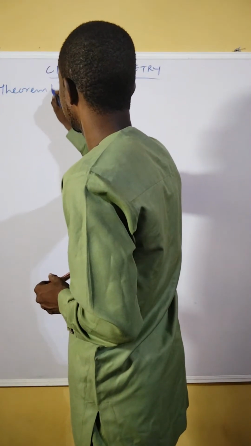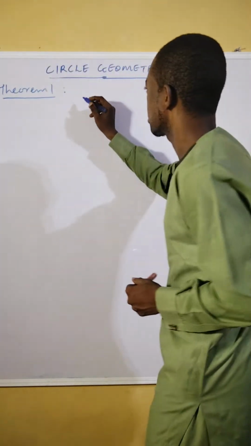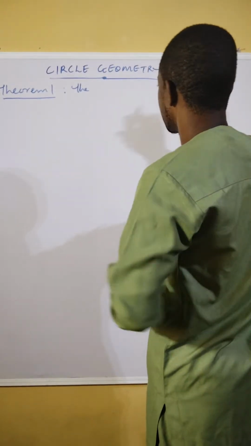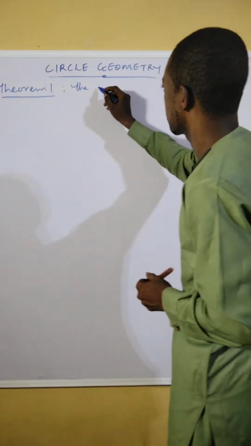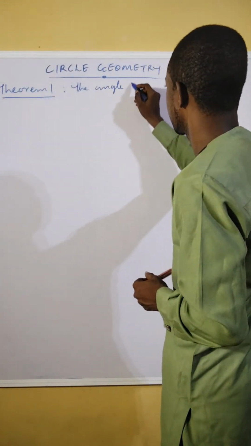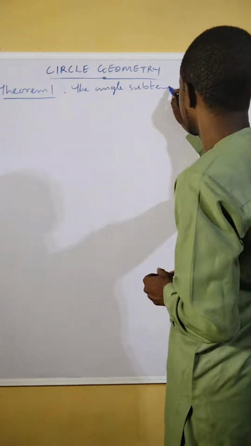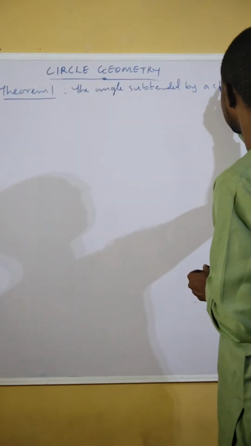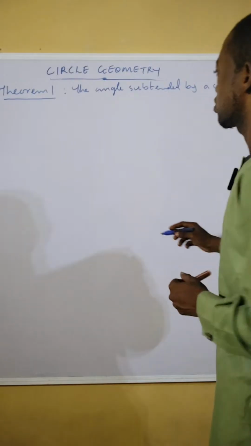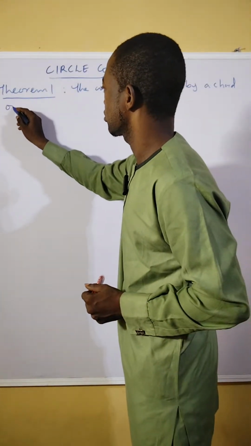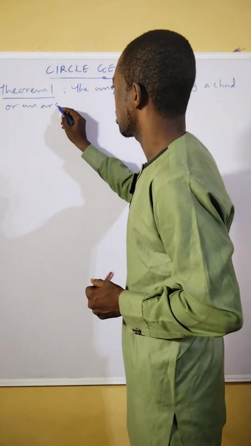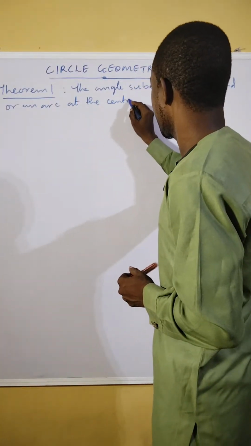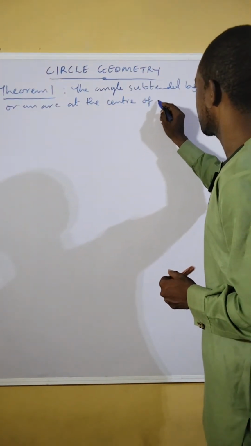This theorem states that the angle subtended by a chord or an arc at the center of a circle